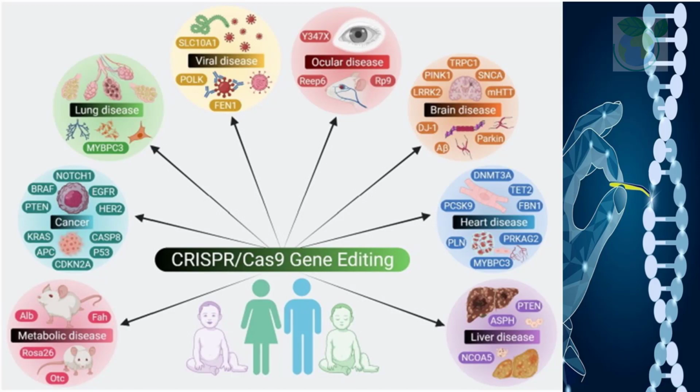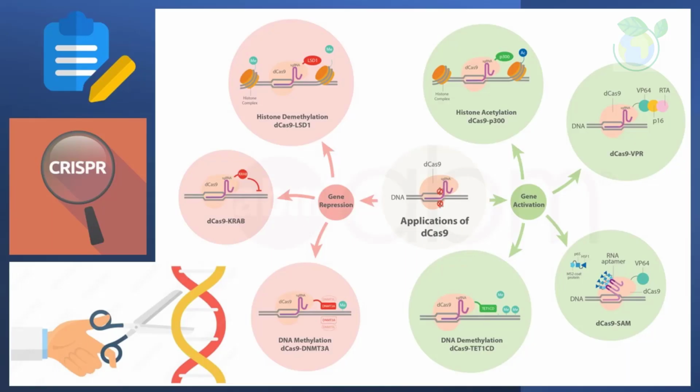Since the discovery of the CRISPR-Cas9 gene editing system, researchers have modified the Cas9 nuclease to perform targeted epigenome editing. This modified Cas9, called enzymatically dead Cas9, dCas9, can be linked to enzymes that modify the epigenome, such as DNA demethylases, methylases, or acetyltransferases. Like unmodified Cas9, dCas9 is directed to a specific region of the genome using a guide RNA, but instead of cutting the DNA, the dCas9 enzyme complex modifies the epigenome at that site.